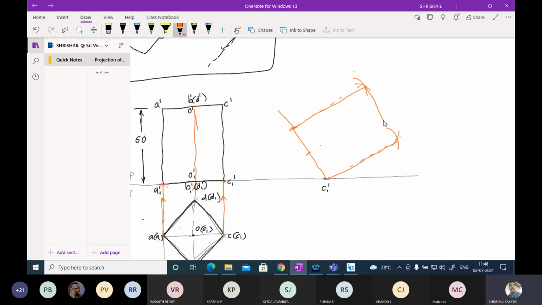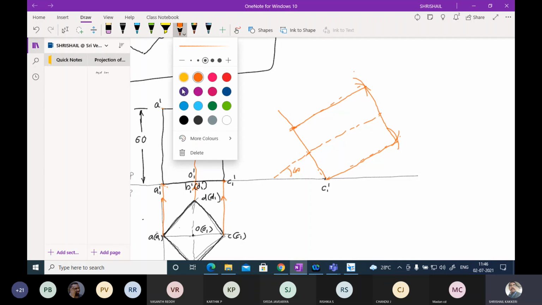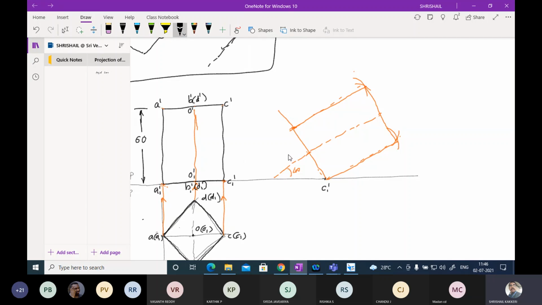And join this also. Already I know this length. You mark here, and this will be the axis line. And if you extend it, it will be definitely 40 degree. Please do not write it as 50 here, because I wanted to show the axis inclination, not the base inclination. So like this, I have drawn this.